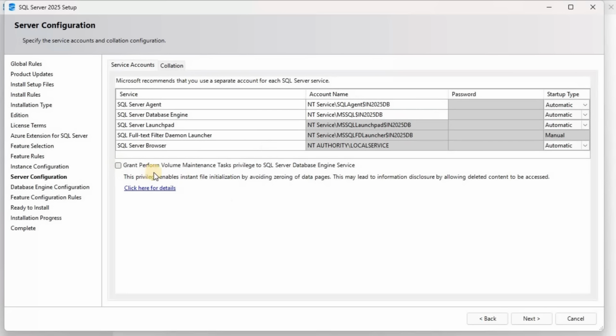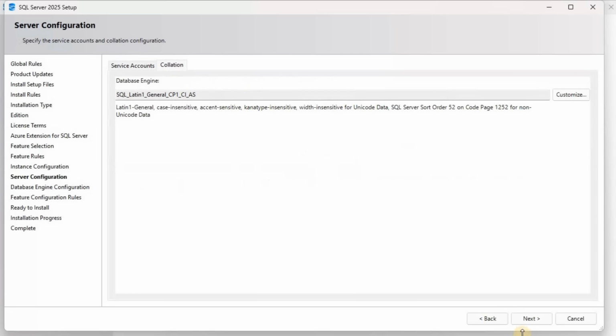Okay, so I'll check Grant Perform Volume Maintenance Tasks. This enables instant file initialization by avoiding zeroing of the data pages. Log files will still take time, but for databases, if you have this Perform Volume Maintenance Tasks privilege, then zeroing will not take much time. So collation, I will leave as it is. Click on Next,